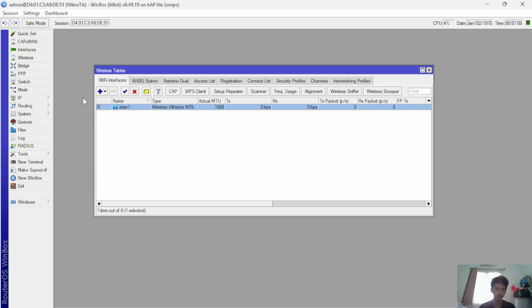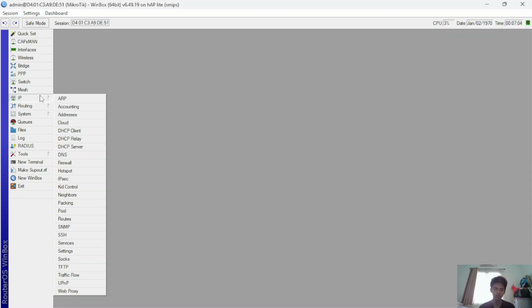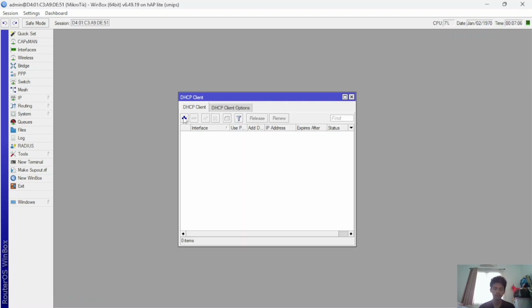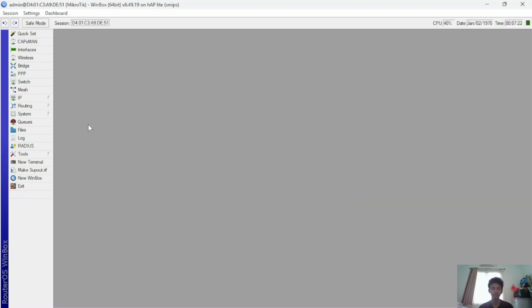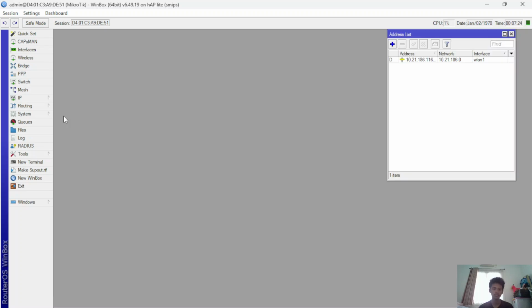Then we go to IP, click IP, DHCP client. In the DHCP client, give the VLAN interface, this VLAN 1, apply, okay. You can check in IP addresses. If this mark D appears, it is a success, okay.